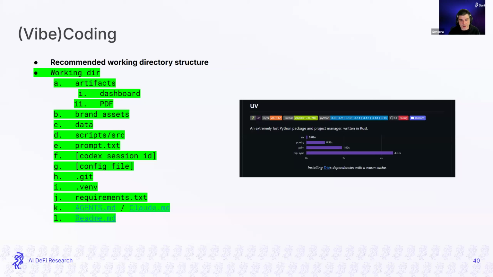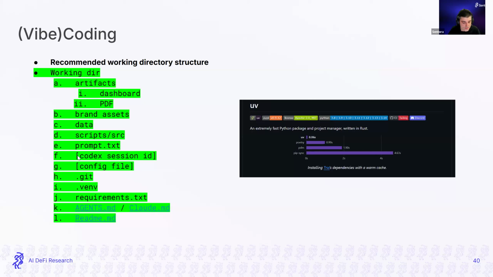Data is always super helpful: have an output of the raw data in a single folder just to check that everything is fine, or to input that data somewhere else. The source code is actually better kept in a separate folder where we can keep track of it. As I mentioned before, it's a good idea to always save the prompt in case it gets reused in the future.